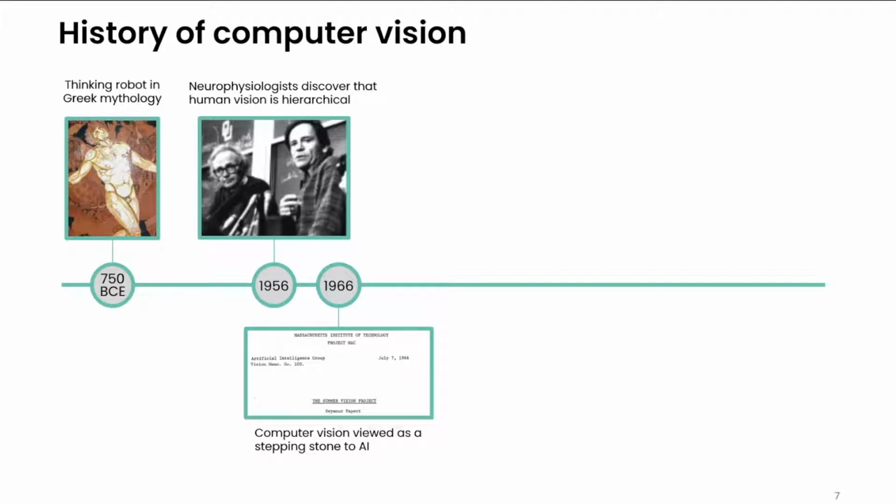And in 1966, two researchers of artificial intelligence at MIT actually launched a 2-month summer vision project really to create a computer vision system that could identify objects in images. The task was to determine which pixels belong to which object, what is called pixel-wise classification in our current world. At the time of this project, the dominant branch of artificial intelligence was still symbolic AI, which is also known as rule-based AI. So what it means is the programmers manually specify the rules for detecting objects in images.